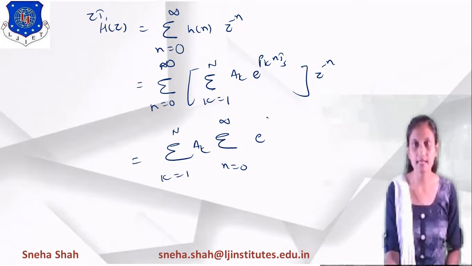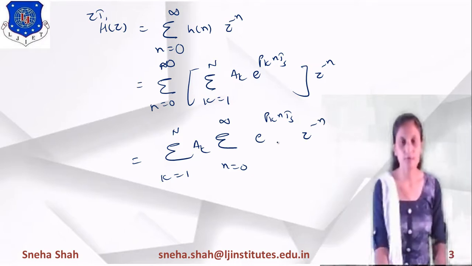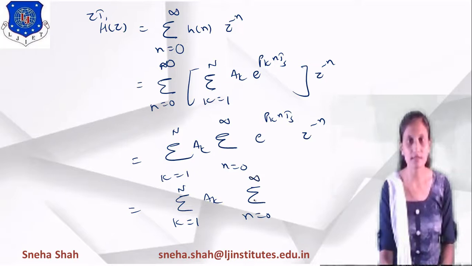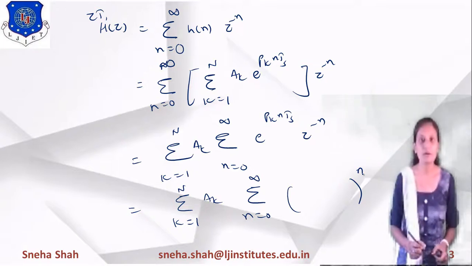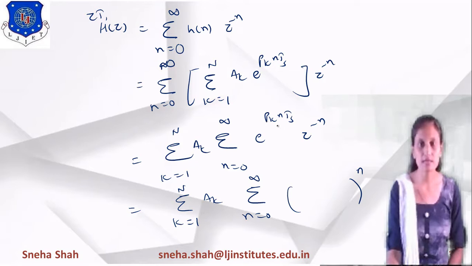So I am writing like this: e raised to pk ds into z raised to minus n. Now suppose I am simplifying this formula, then what will be the next term? When the summation is given to you, then you will convert it in the form of summation n equals 0 to infinity a raised to n, right? So if I am converting it in the form of a raised to n, what is the value of a? a will be e raised to pk,